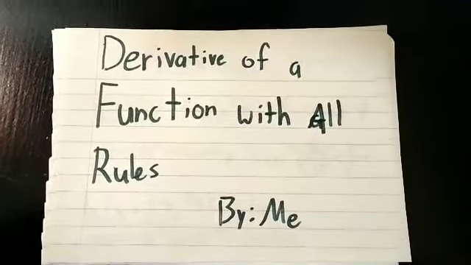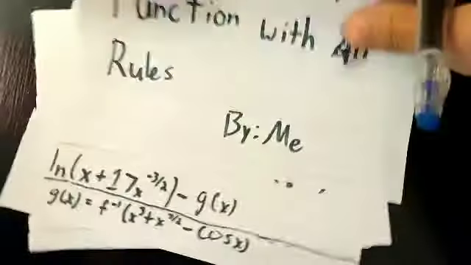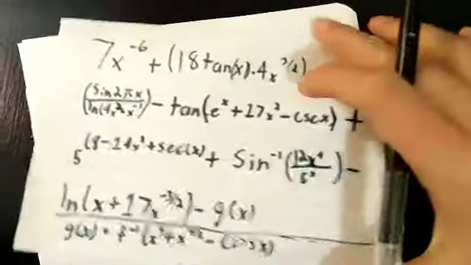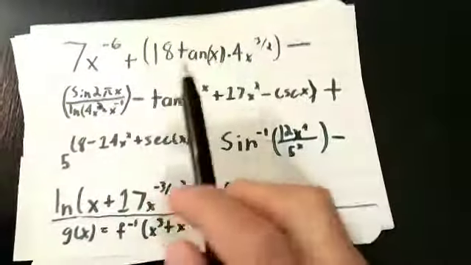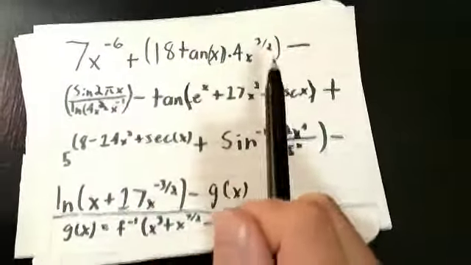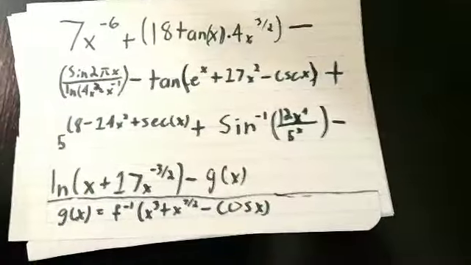Alright, so I'm going to be doing the derivative of a function with all the rules. Here we have our equation: 7x to the negative 6 plus 18 tangent x times 4x to the 3 halves minus sine of 2 pi x over a natural log of 4x squared minus x to the negative